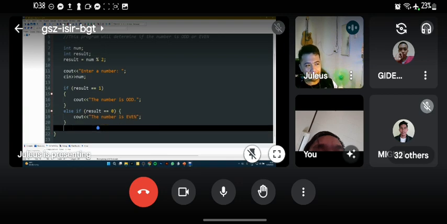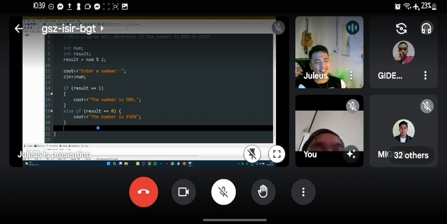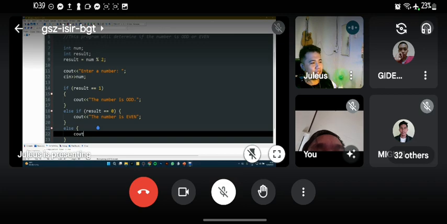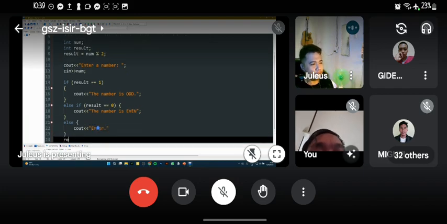However, if somehow there's a glitch in the mathematics, and it results in any other number, then we can add an error message stating error. This will not happen, but just in case, there's an error. And return 0. Before we proceed, do you get how we set the condition?